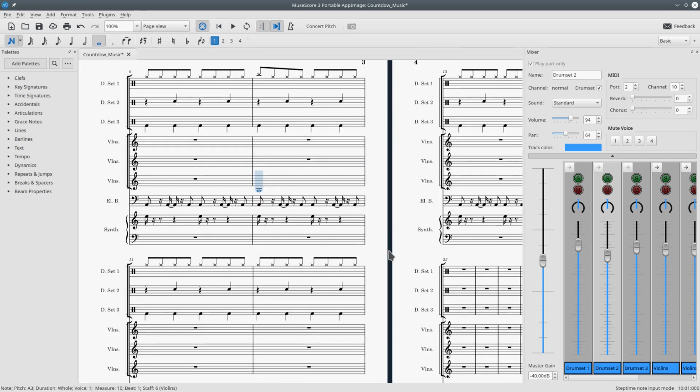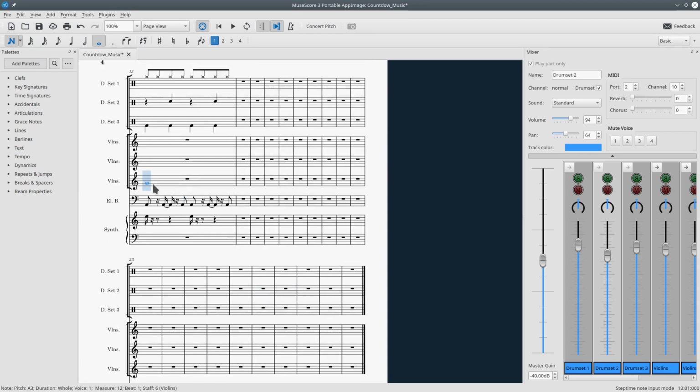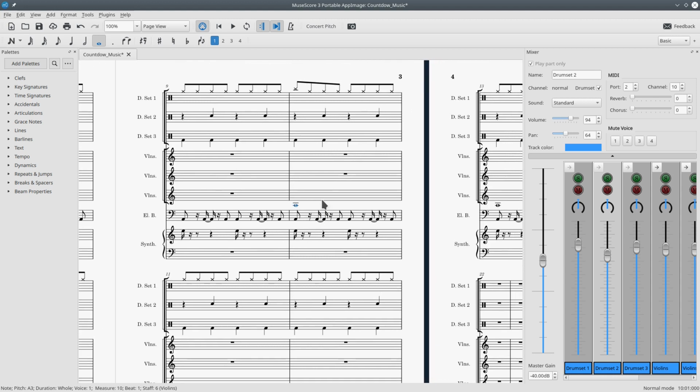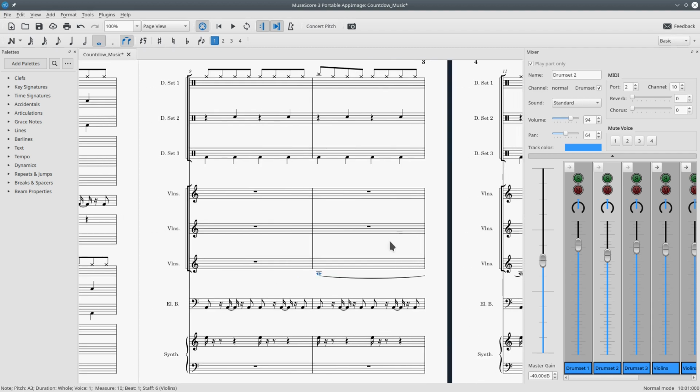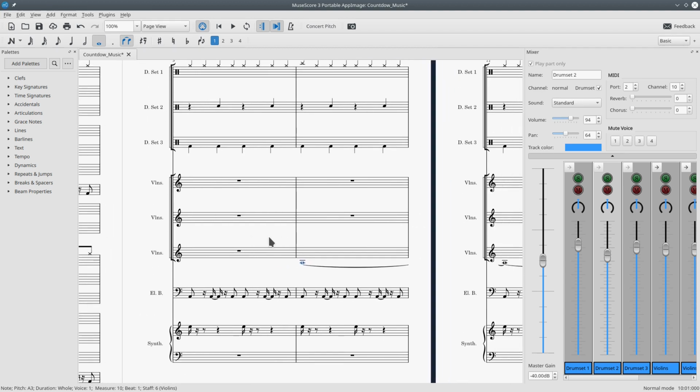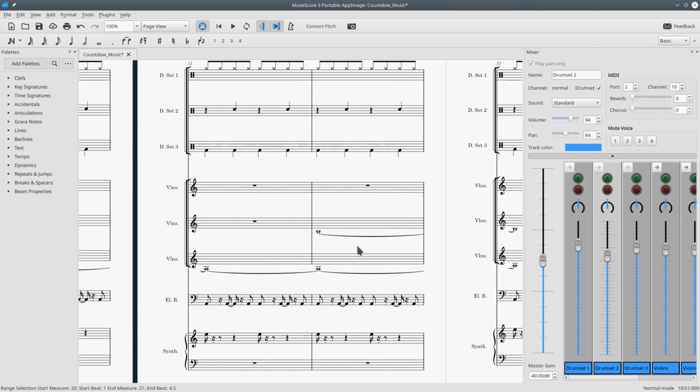Okay, so let's repeat this note a couple of times. I tie them over. I'm putting some notes to the other violin too. Let's listen to it.